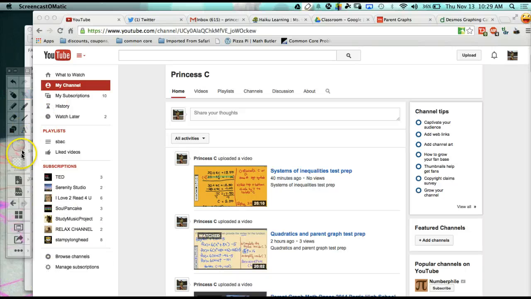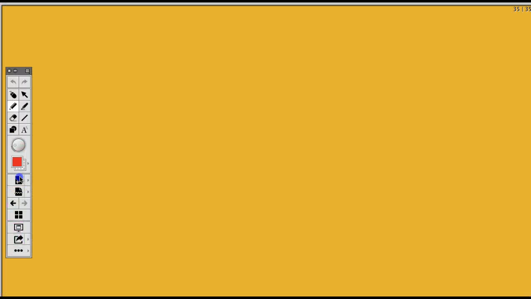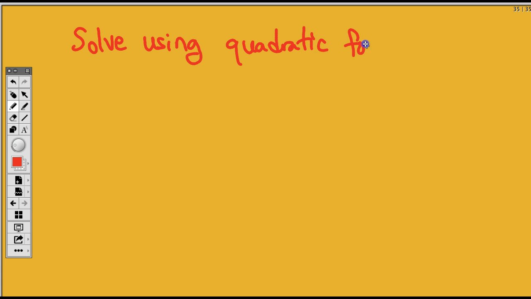Okay guys, so let's see. I'm going to have to go ahead and explain this one question again. So you have to solve using the quadratic formula. In first period I made a mistake, so I'm doing this again actually. So the formula here is